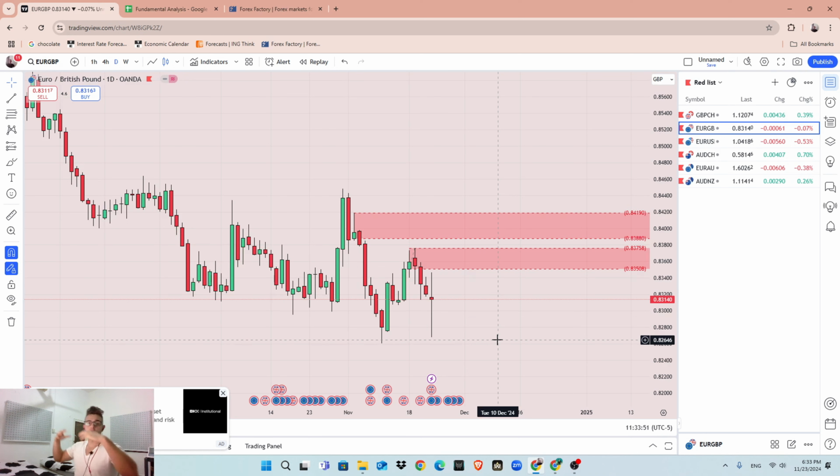I'm trying to update the way I analyze fundamental sentiment and COT data, and technical I keep very simple like this. Nothing on the charts, just where we might have a supply zone or a demand zone, just for me to have an entry.